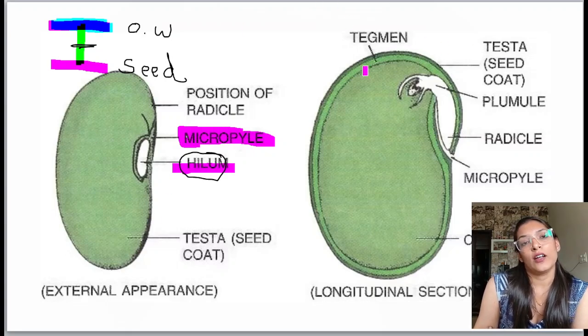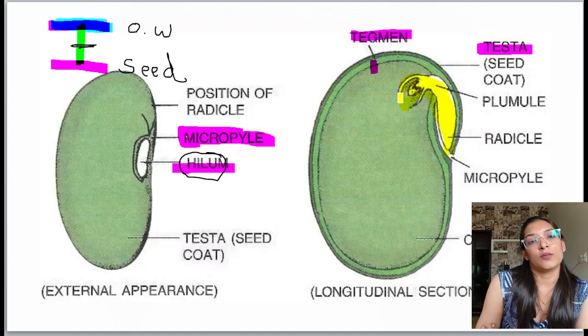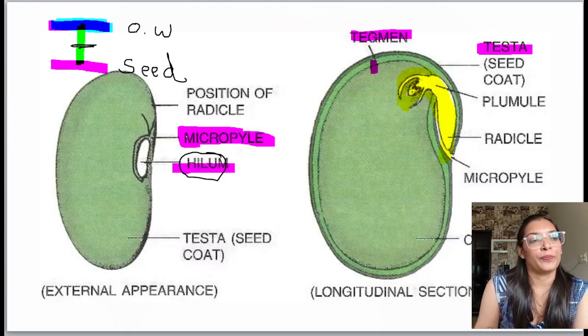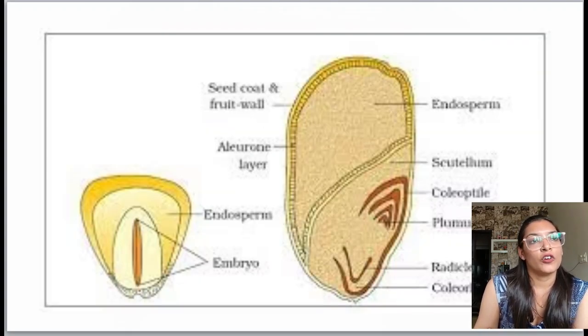Now again, talking about the seed coat in the case of dicot, in the structure of a dicot there is a double layer. One is the tegmen, which is the inner layer, and the testa is the outer layer. And the rest is cotyledon. Here also, suppose this is the baby plant. In the baby plant you can observe the plumule and the radicle. We have already discussed that plumule will develop into the plant and radicle will develop into the root. All right, so this is the structure of a dicot seed.